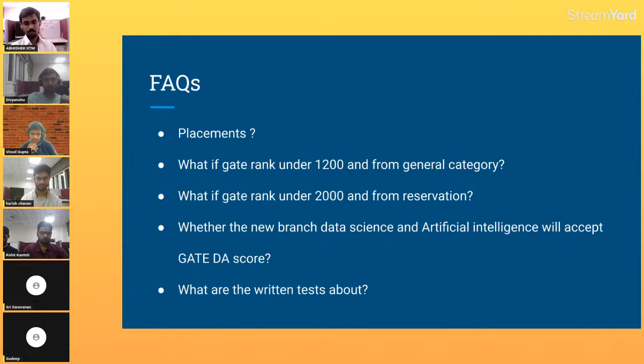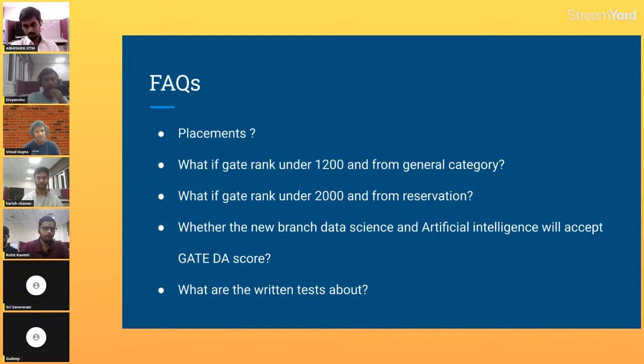So there is no doubt that the placements at IIT Madras for MS Computer Science are really very good, and almost comparable to the M.Techs of the top three IITs. So if you are worried about the placements of MS at IIT Madras, you can be sure that the placements are very good here. There is no need to worry about the placements of MS in computer science at IIT Madras. So this is what I would like to add on placements.